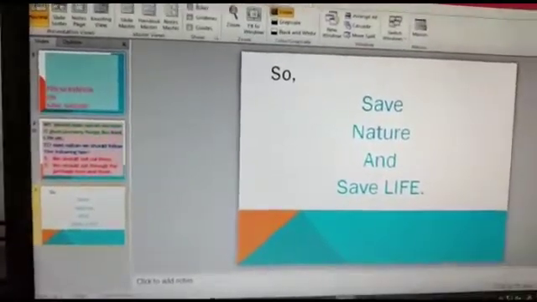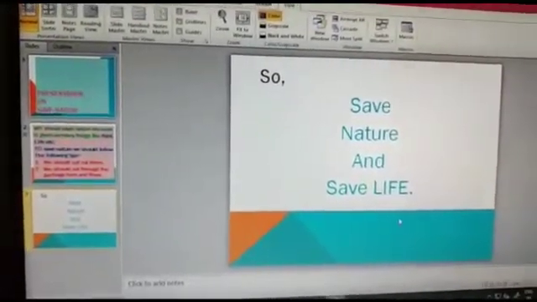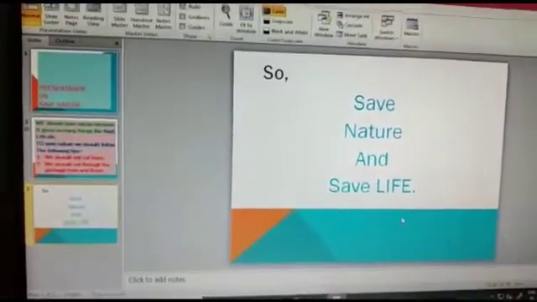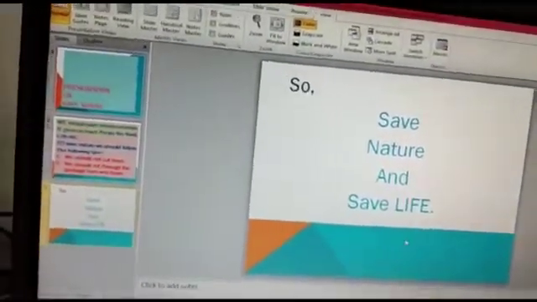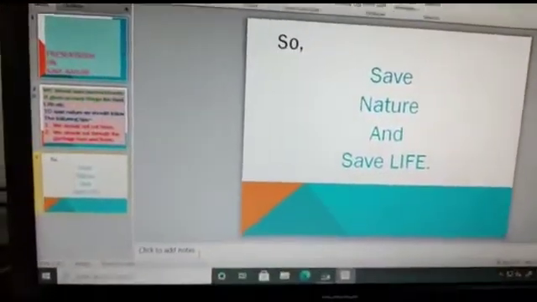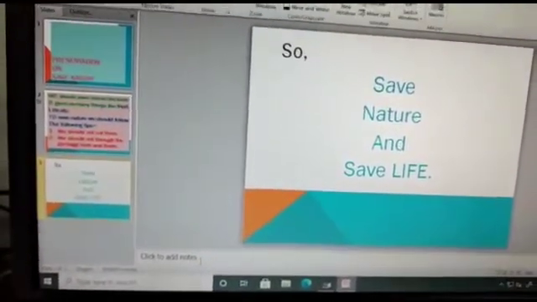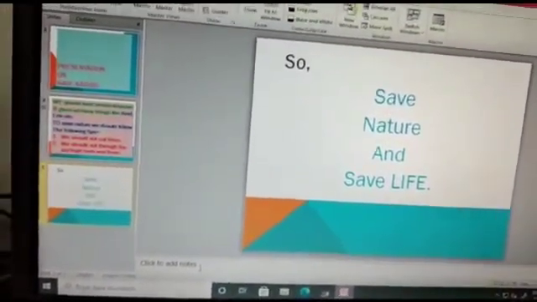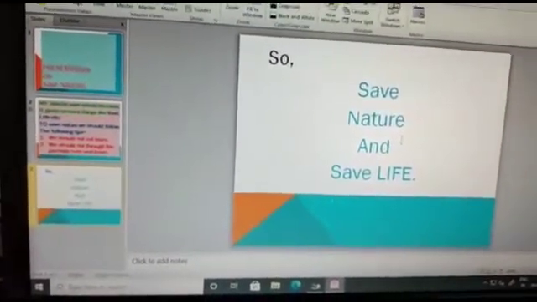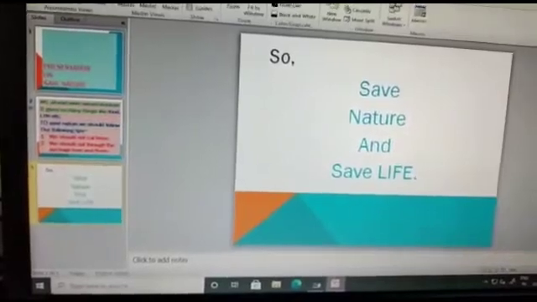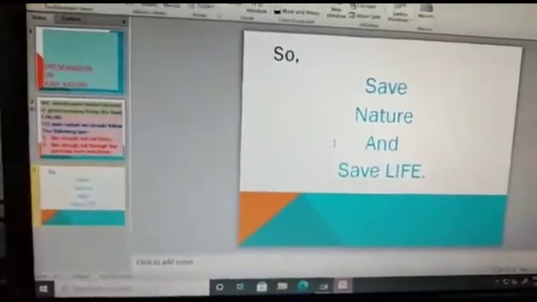This is your slide pane, where the content is actually written, where you can do the formatting, where you can add the text, where you can add tables, and so many other things. Now the last one is your notes pane, where we can add notes regarding this slide. Suppose this slide is save nature, so we can add notes regarding this slide.